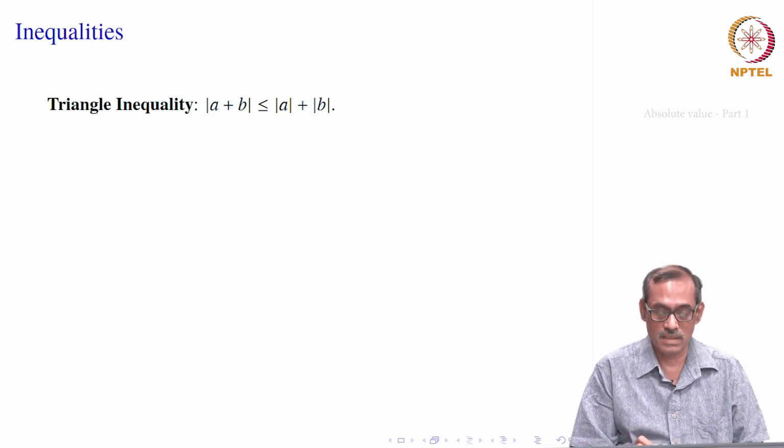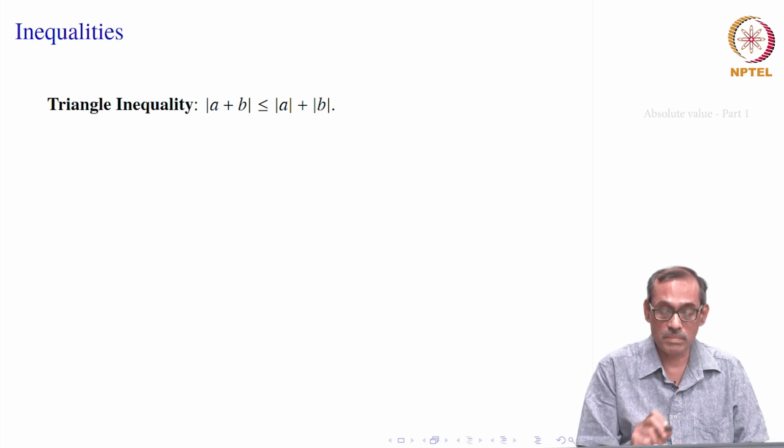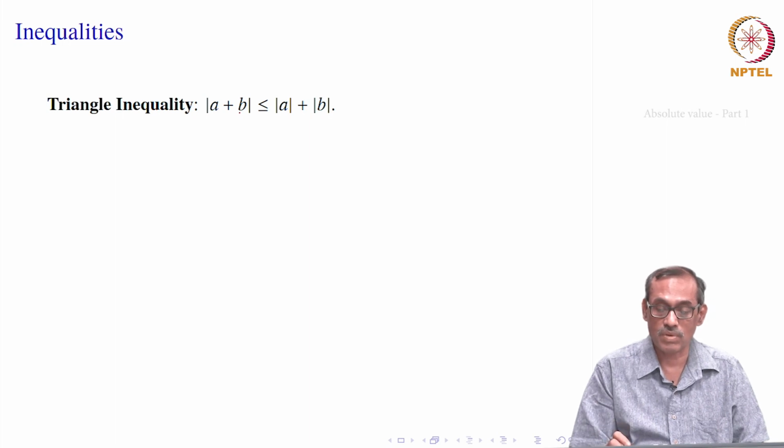Okay, there is another we have done for the multiplication. How about addition? If you take mod of A plus B, it is less than or equal to mod A plus mod B. It may not be equal always, sometimes it is equal, but sometimes it is not. For example, if you take one of them to be positive, one of them negative, say A is 2 and B is minus 1. So, on the left side you get A plus B equal to minus 1 mod, but on the right side you get mod 2 plus mod 1, which is 3. So, it can be less also, specifically when they have opposite signs.